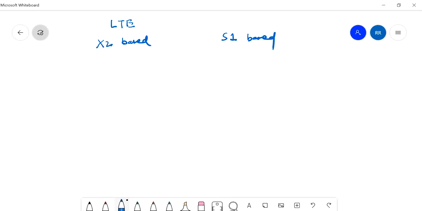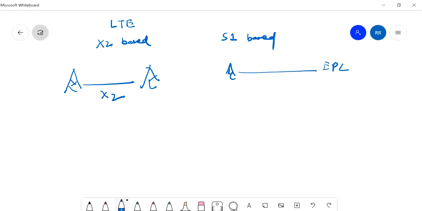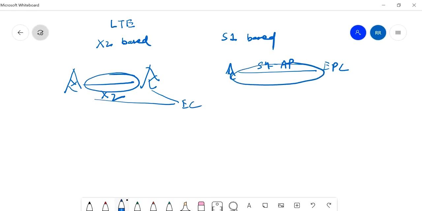X2 based handovers are when two eNode Bs are connected with each other via the X2 link, and S1 handover is when the eNode B is connected to the EPC core and the handover takes place on the S1 AP link. Here also it is connected to EPC, but here handover takes place via this and here via this.